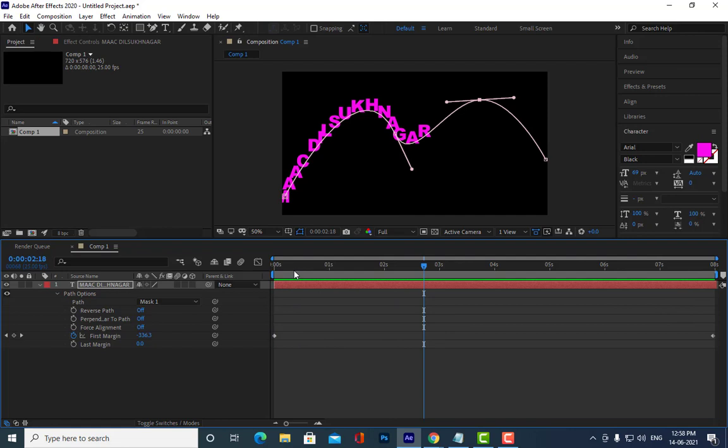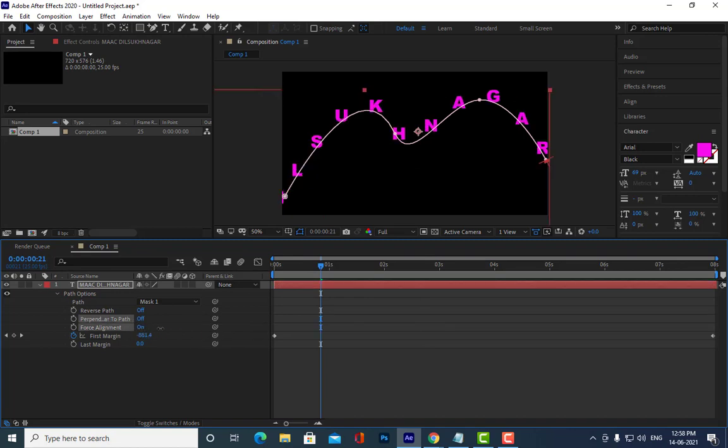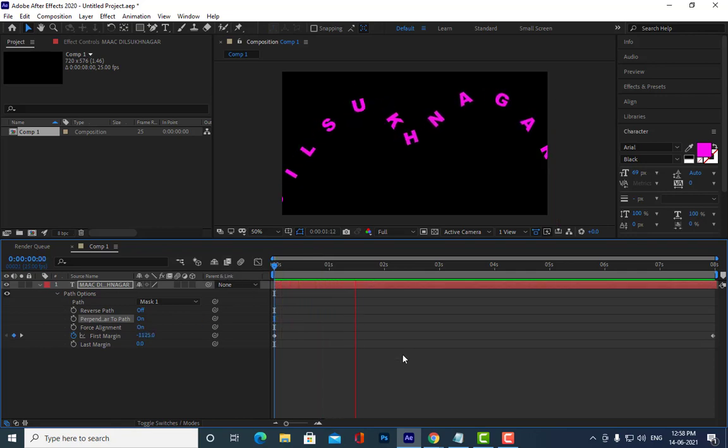Yes, sir. See, if I turn off this perpendicular to path again, okay. See, again I have turned it on, and now you can see the difference. Okay.